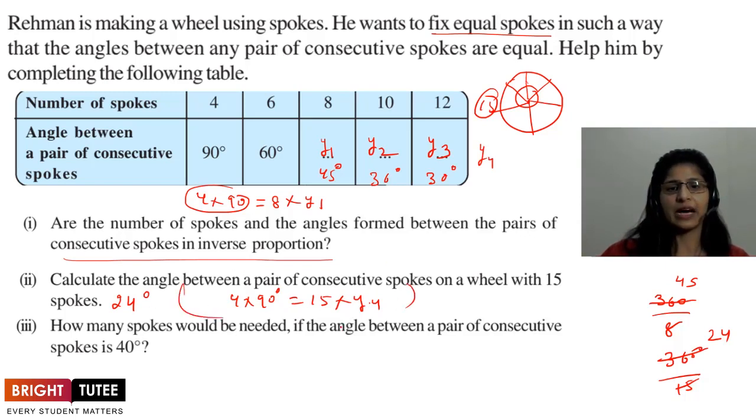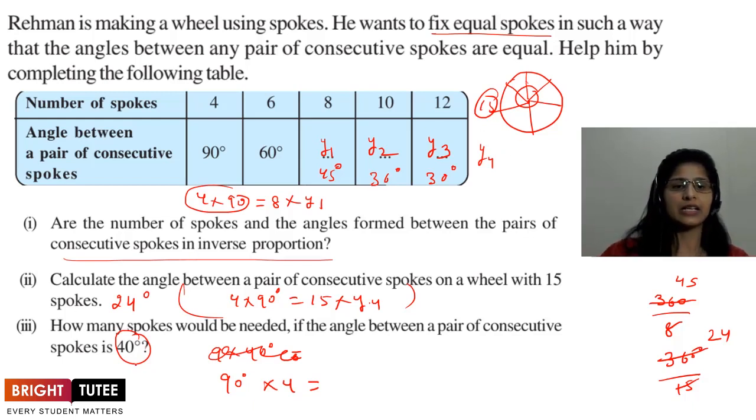Okay. Now the last one, how many spokes would be needed? What number of spokes do we need if the angle between the consecutive spokes is 40 degrees? So 4 into 90 degrees, okay, I'm writing it differently. It is 90 degrees into 4. So this would be equal to, now the number of spokes is given here, instead of 15 in the second case,